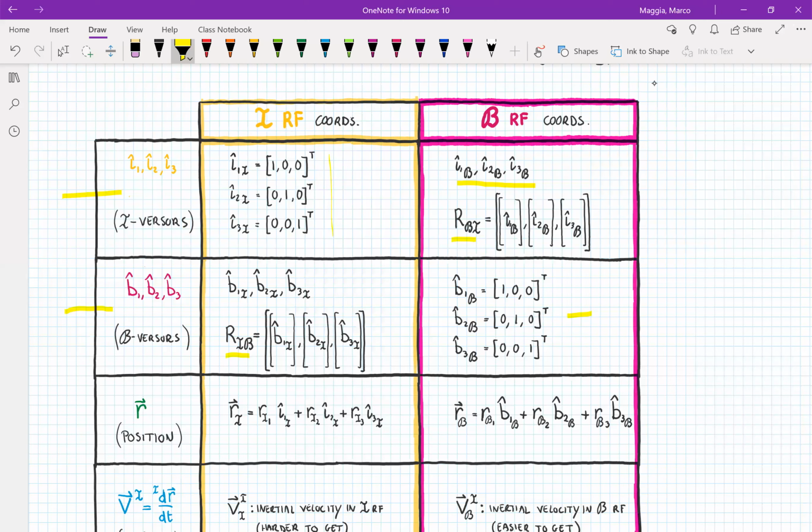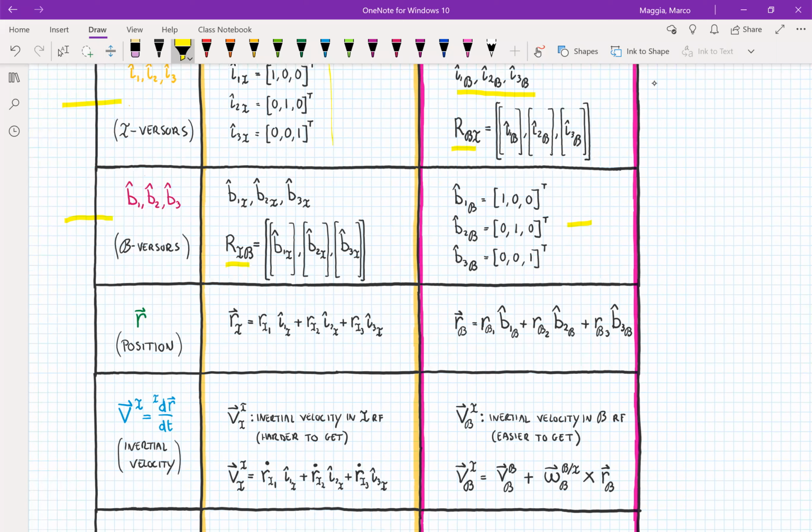Now, what about the position of P? Well, the position of P, of course, can be expressed in the I coordinates or in the B coordinates, and we use the versors of either the I frame or the B frame. So here I've included all the subscripts and all the superscripts. Sometimes not all of them are going to be used. For instance,